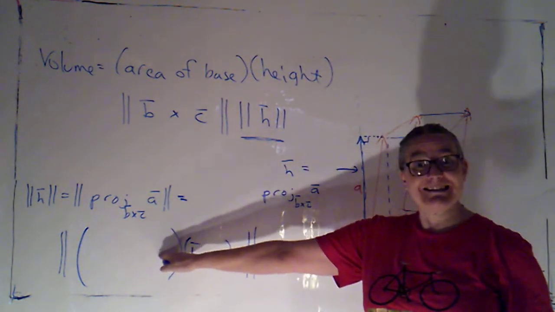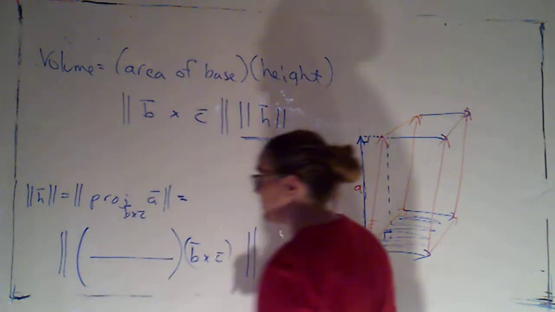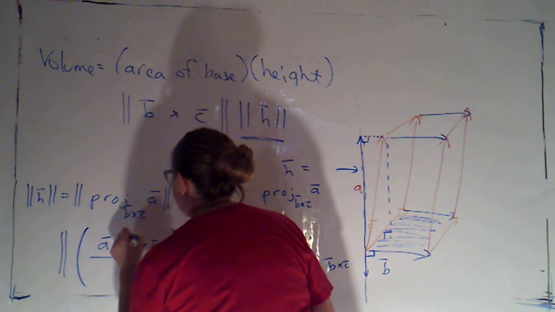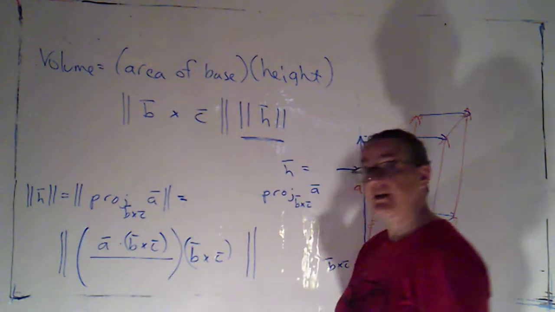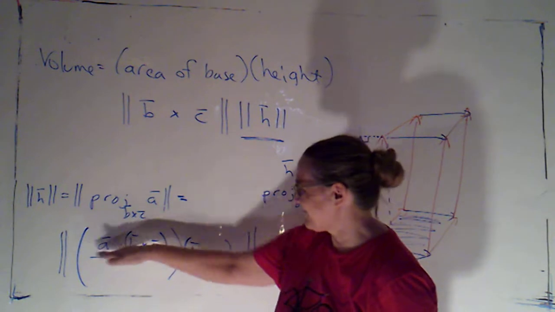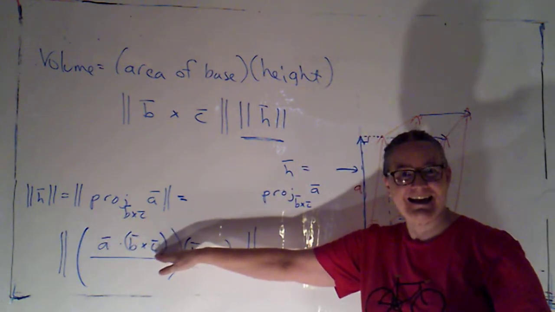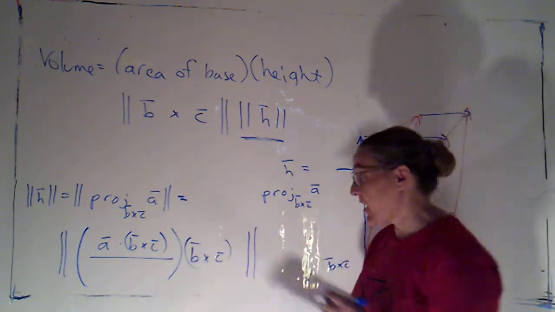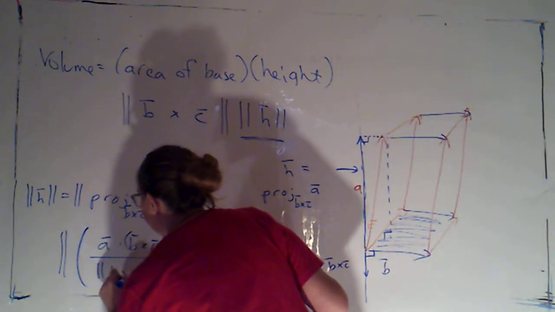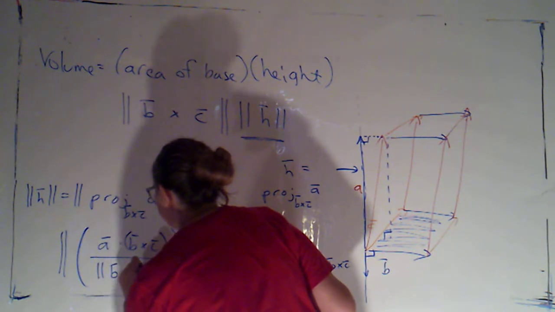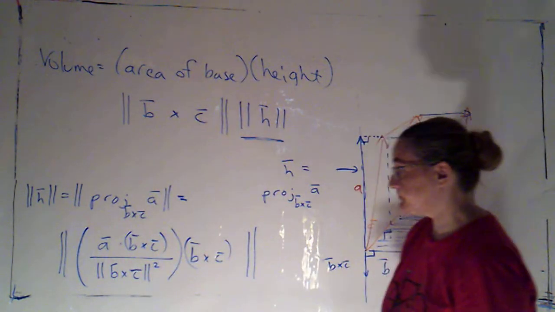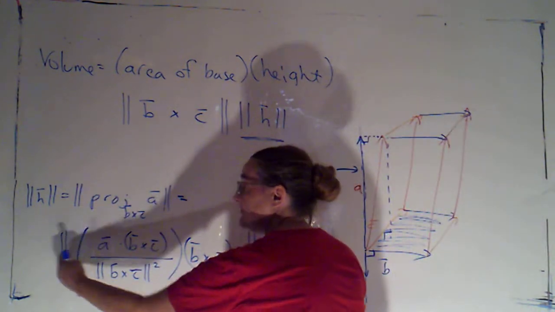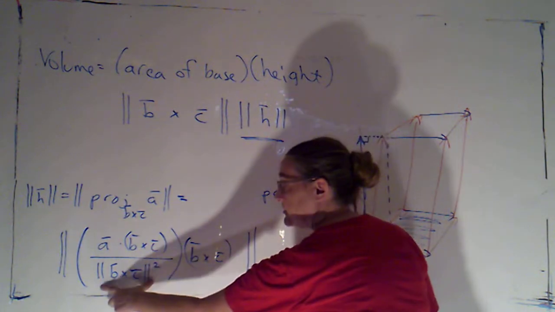And what I get as the scalar coefficient here is going to be the dot product of the vector I'm projecting and the vector I'm projecting it onto. Notice that right there is that scalar triple product, A dotted with B cross C. Now divided by the magnitude of B cross C squared. So we're trying to calculate here the magnitude of this vector, which is a scalar multiple of